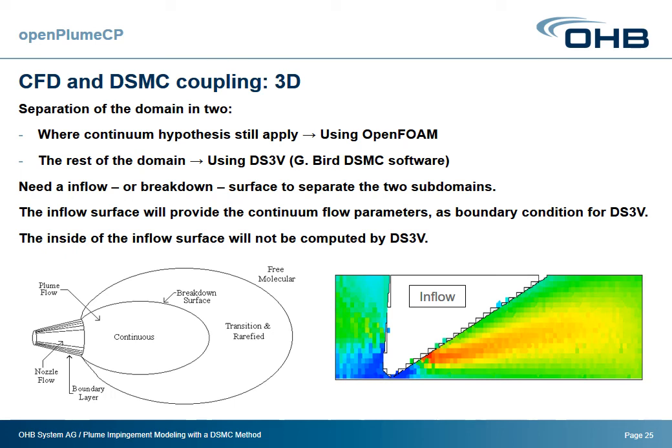We separate the domain in two as usual, so we use an OpenFOAM approach for the continuum part and DS3V for the rest of the domain. And we need what we call an inflow surface. The inflow surface will provide the continuum flow parameters as boundary conditions for DS3V. And again, as we can see in the next slide,